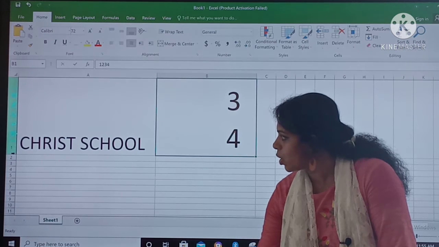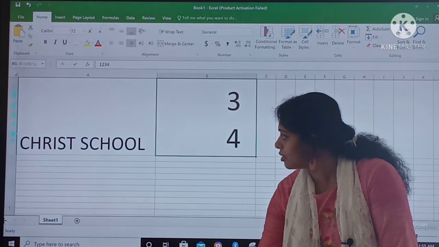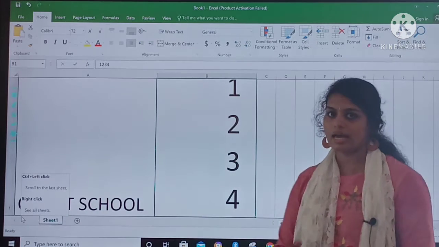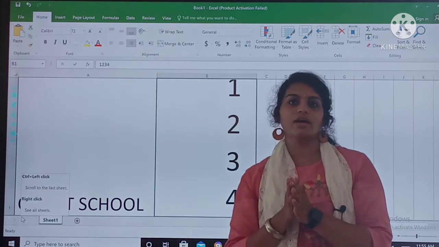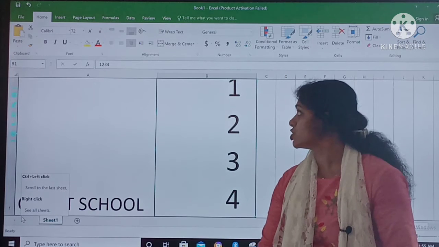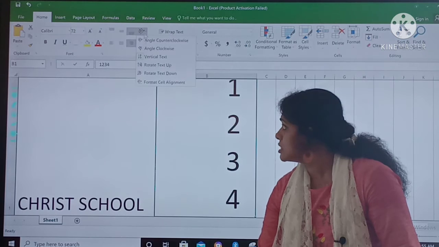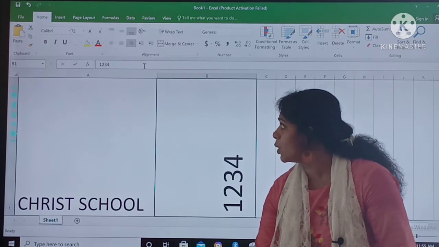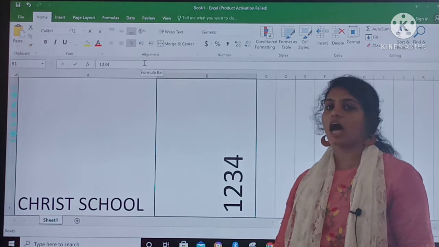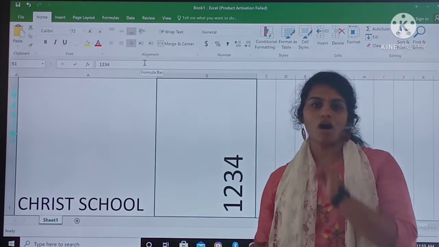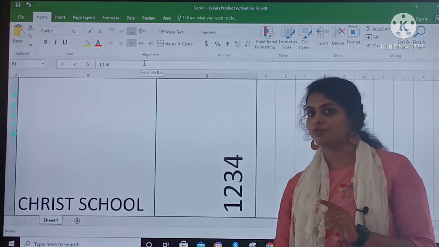यानी कि column wise position पे है. Yes, 1, 2, 3, 4. जो मैंने लिखा है ना, वो ऐसे नीचे को आ गया. It's in a vertical position. Okay. Let's go for the next. See, you have to try this out. Okay, आपके पास systems है, आप उसमें try करो, or you can try it on your mobile phone. I'll show you how we are going to do it even on your mobile phones.